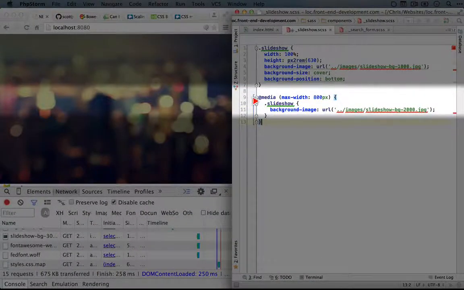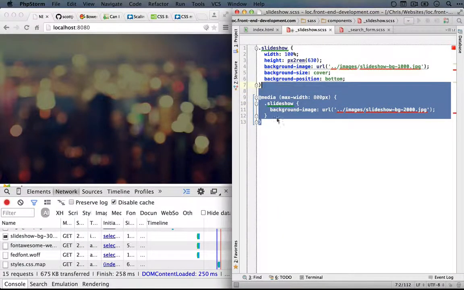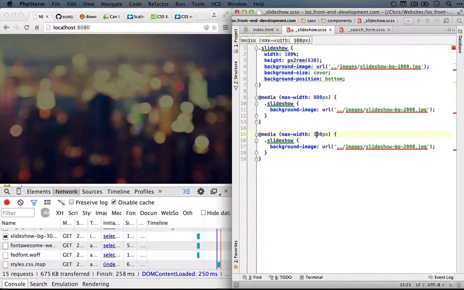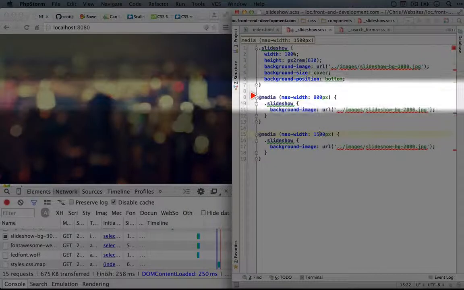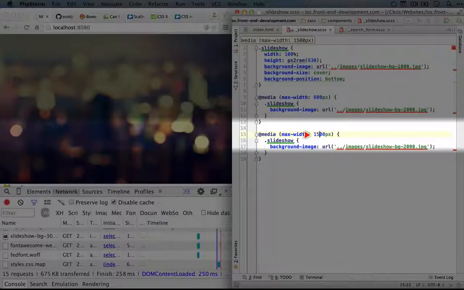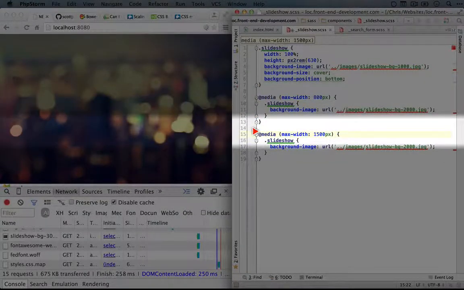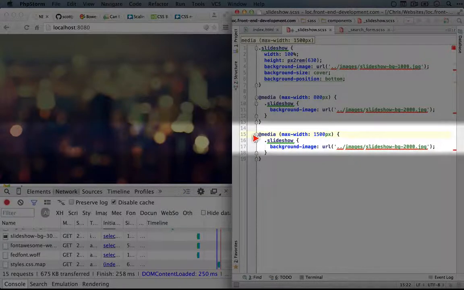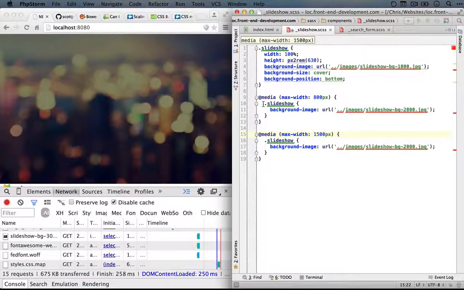Now the max width worked when we only had 2 states, but if we added another one here with max width, let's say we set it to 1500, this one would override this one every time, because the browser would check to see if it's 800 pixels or smaller, and if it is, it'll apply these styles, and then it will go down and look at this and ask, is it 1500 pixels or smaller? And if, say, we were at 800 pixels, the answer would again be yes, because we're smaller than 1500 pixels. And so this style would apply, overriding this style.